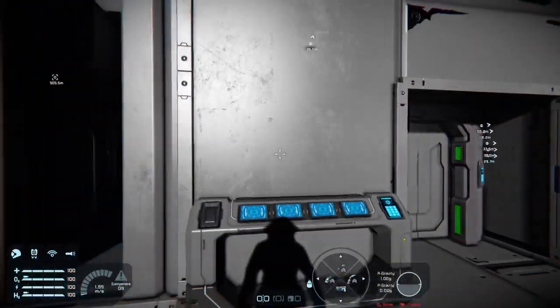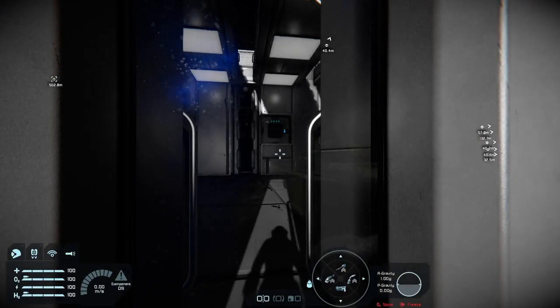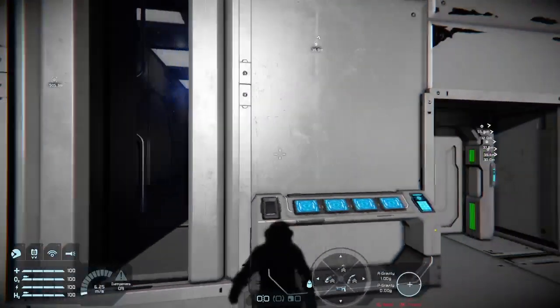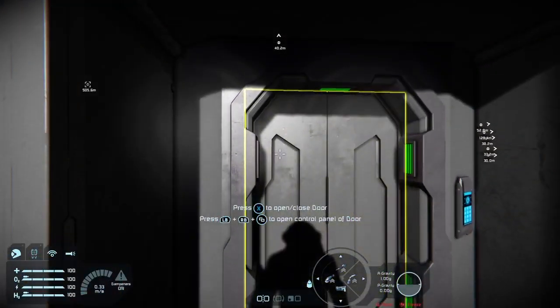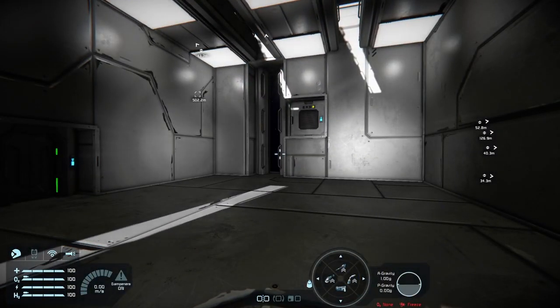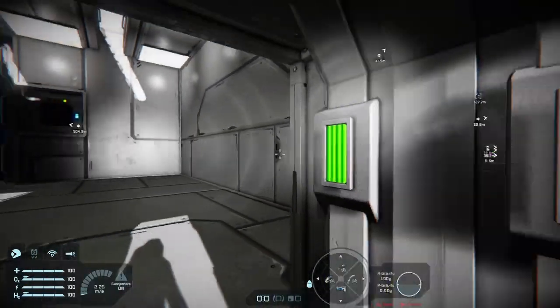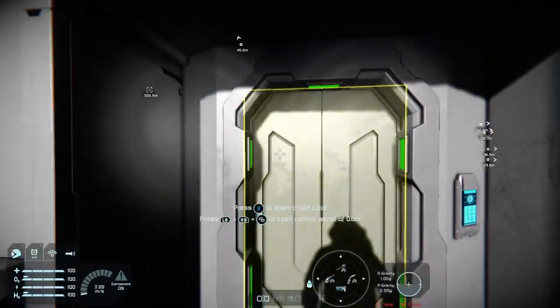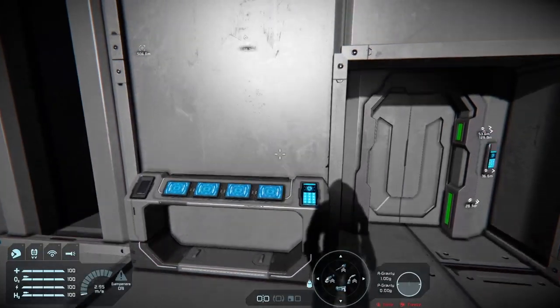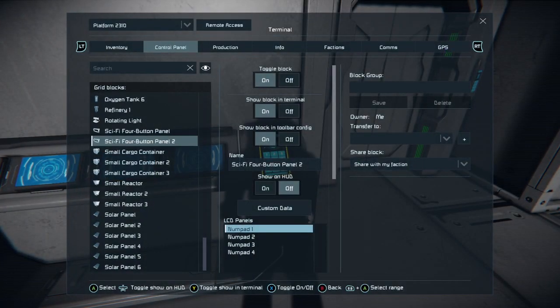So if we do depressurize, you'll see, look. So air vent 4 is the one we want.